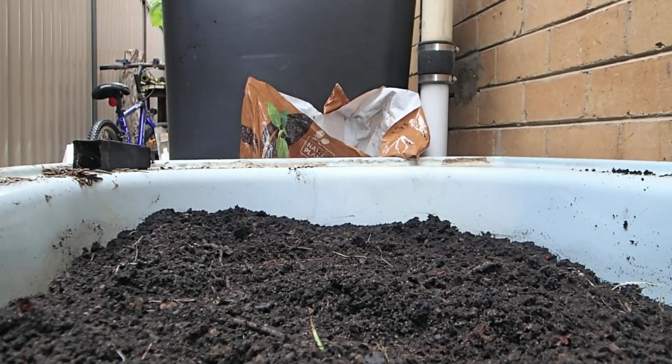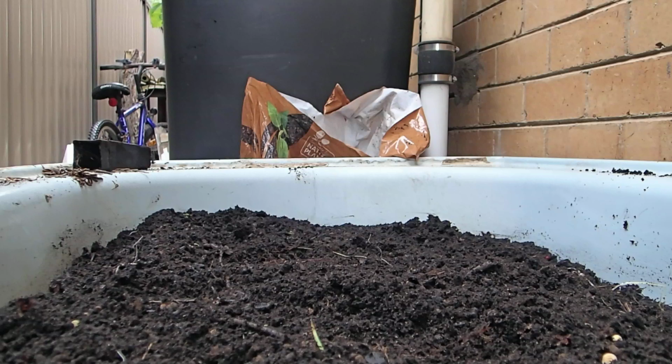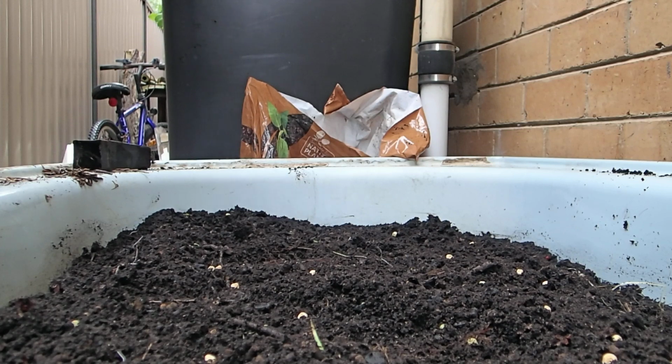And I'm going to actually put more soil in here before I put the grapes in, but I have to go and buy some. And I want it to settle a bit as well. But in the meantime, I'm going to add some peas as a green manure effectively, but also as a crop we can harvest. And yes, people say don't let your green manures go to seed because you lose a lot of nutrient. But again, they're going to provide organic matter. They are going to add nitrogen to the soil as they grow. And I like peas. But yes, as far as not letting green manures go to the point where you can harvest them,